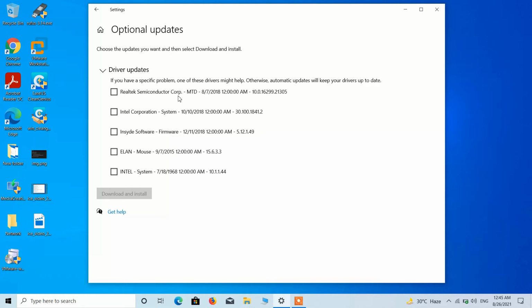In this list, if you see an update with the name Intel Bluetooth, then just select it by clicking in the box beside it, and after selecting it, click on the download and install button to install the updated Bluetooth driver.